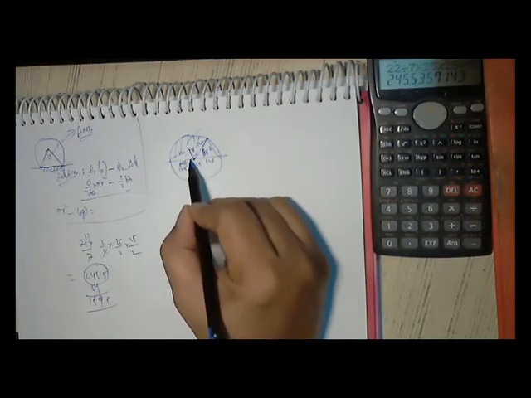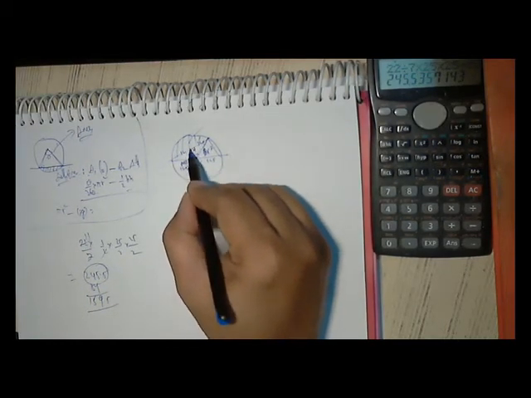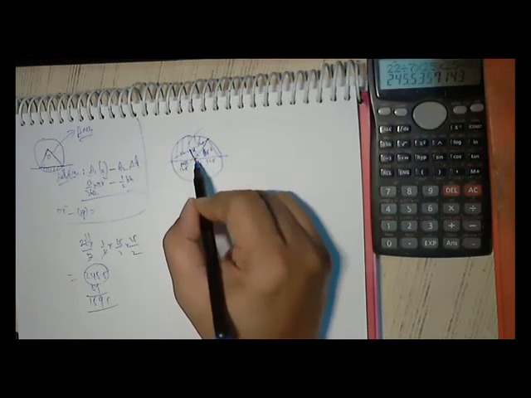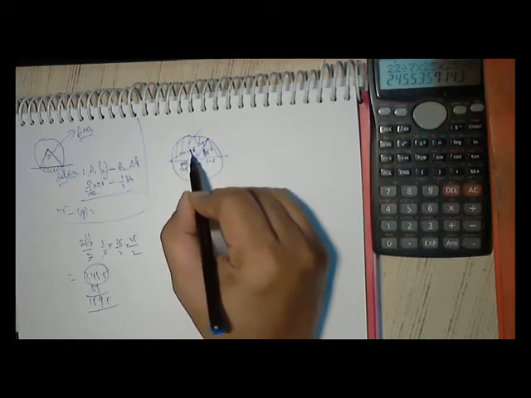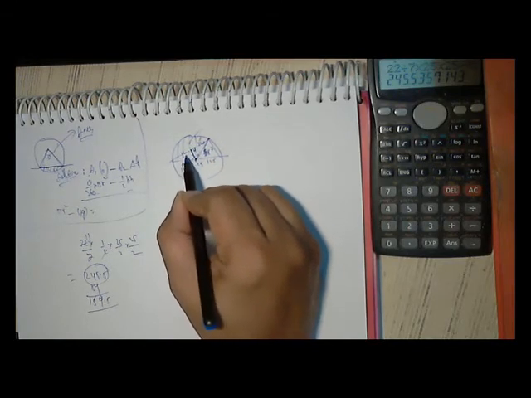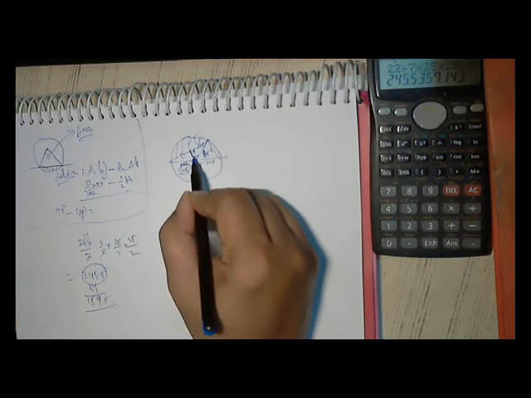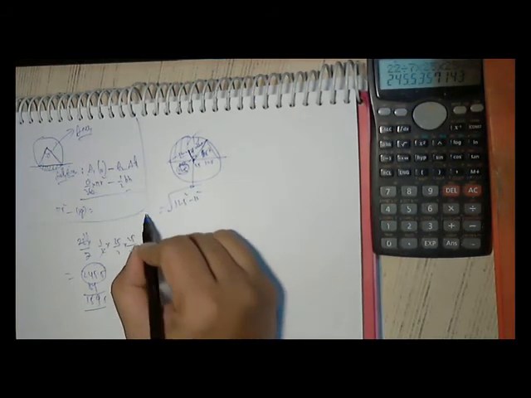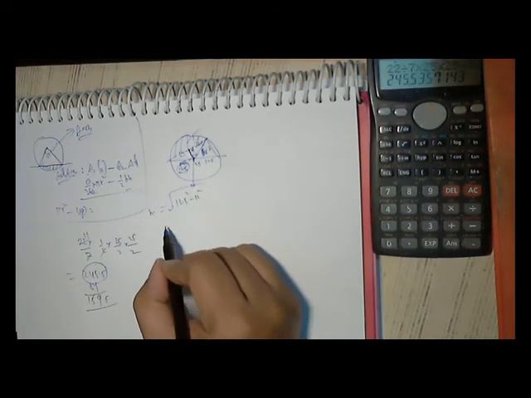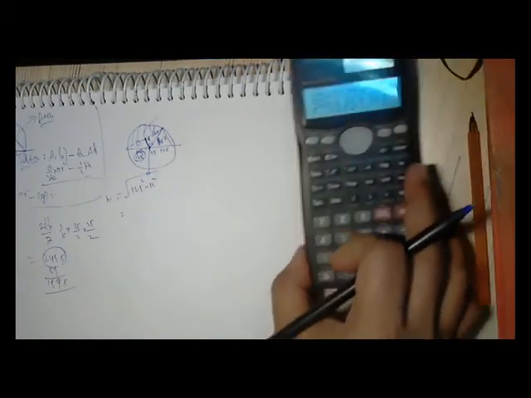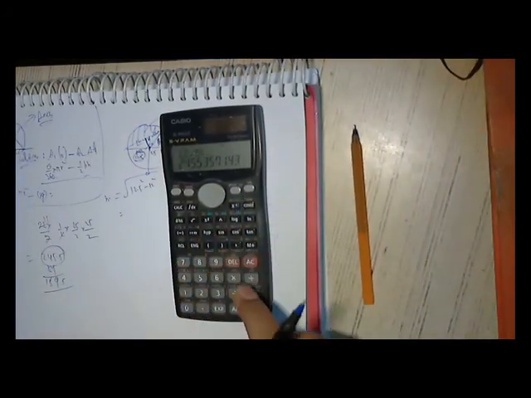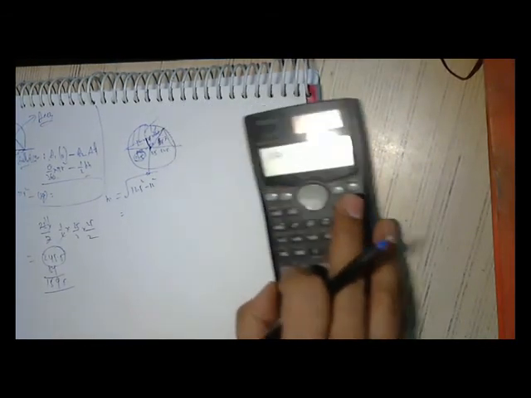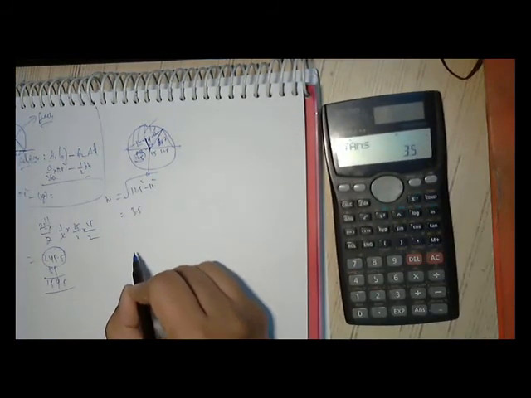So to find out this angle, I have drawn a perpendicular to this. So that means what? A chord, if I draw a perpendicular from this, it will bisect it. So here it is 12, here it is 12, here is 12.5. So what is this value? Square root of 12.5 square minus 12 square, that is equal to the height. I'm using the calculator here: 12.5 square minus 12 square, square root, is 3.5. Let us say this is 3.5.